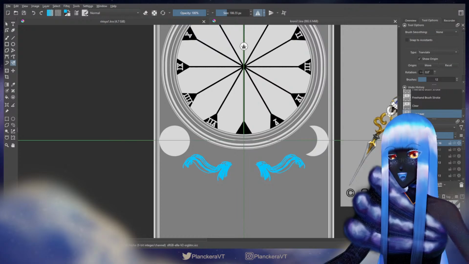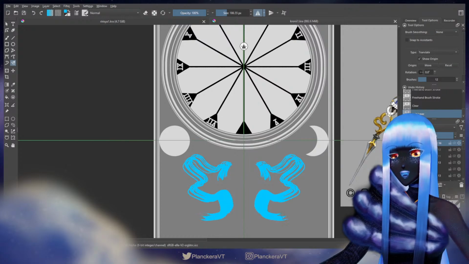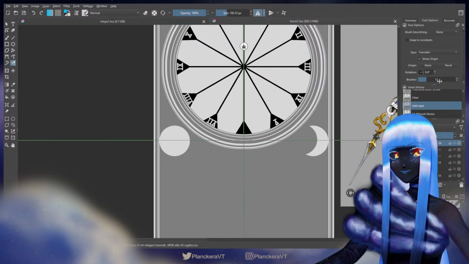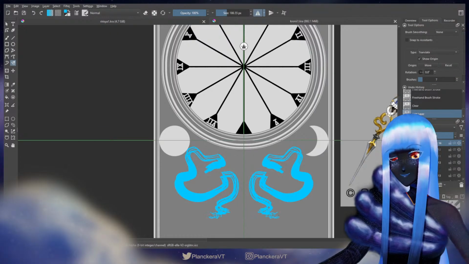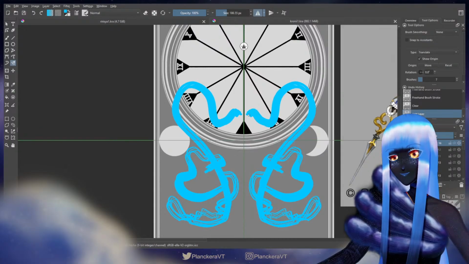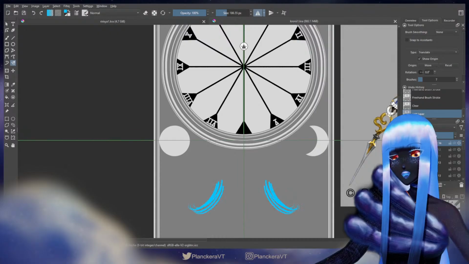Why does it look like hair? Because I have 12 brushes. Well, what's it look like with less? You guys get to see me play around. Fascinating. I do not know when I would ever use this.